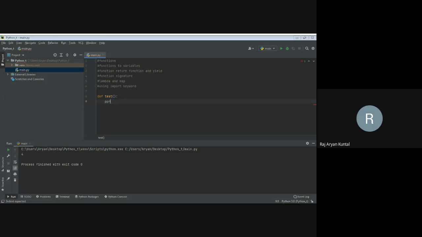So for starters, let's say print works. You can call the function by just saying the function name and then the parentheses. When we run this, it prints this. So how a function basically works is,